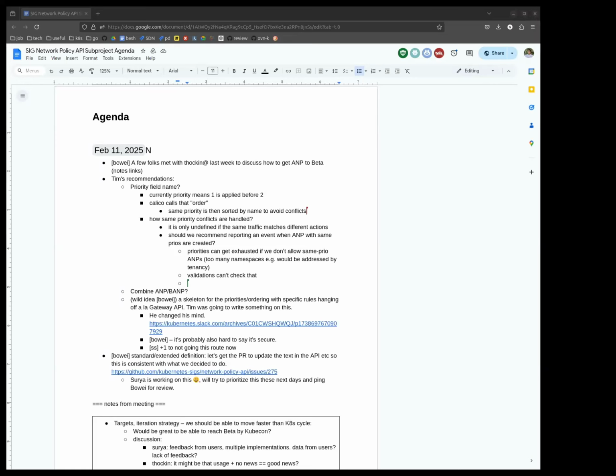I think what you're saying is only if the index of the, let's say you allow to X in one ANP at priority 40 and you deny to X in another ANP object completely with priority 40, but both of these allow and deny rules are at the exact same index of ingress. That's the conflict you mean, right? Like, let's say you have 100 rules in those. By index, you mean the list order? Yeah, the list order, the position in which you have it.